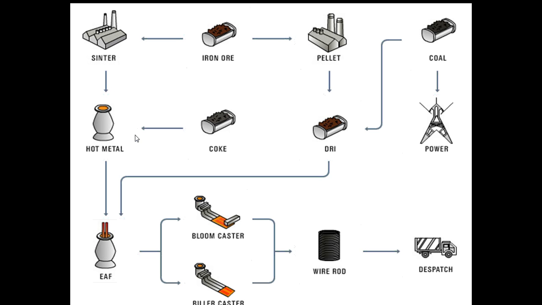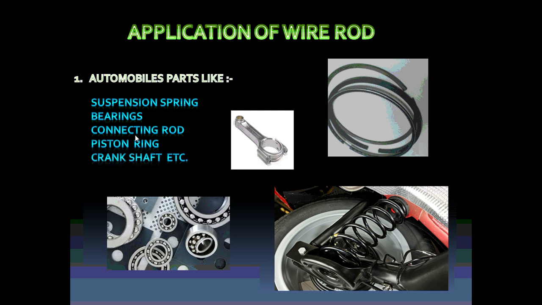This is the flow chart which we are using to produce the wire rod in Usha Martin. First, the iron ore is used to make steel. Then steel, made from DRI, coke and these kinds of materials, is converted into bloom and billet, which is the input to the wire rod mill, and finally we get the wire rod as an output. Wire rod is used in automobile parts like suspension spring, bearing, connecting rod, piston and